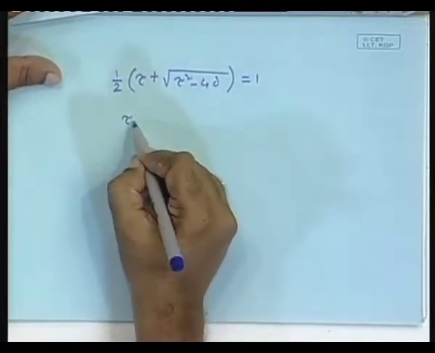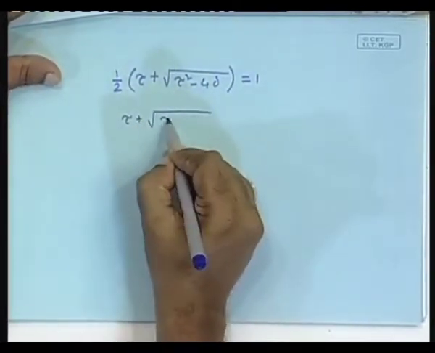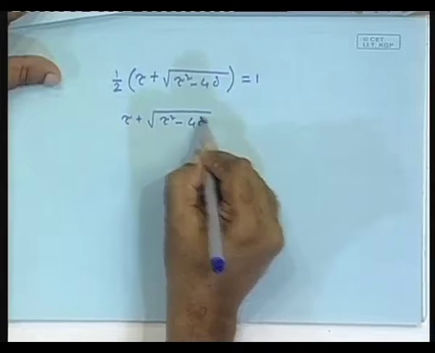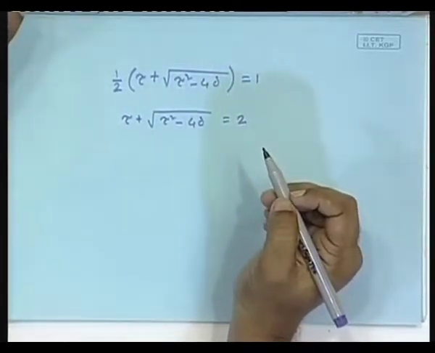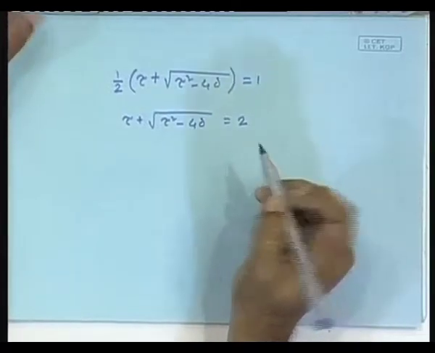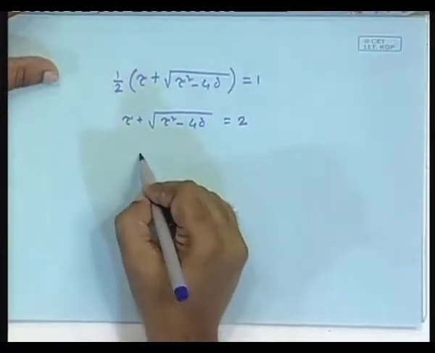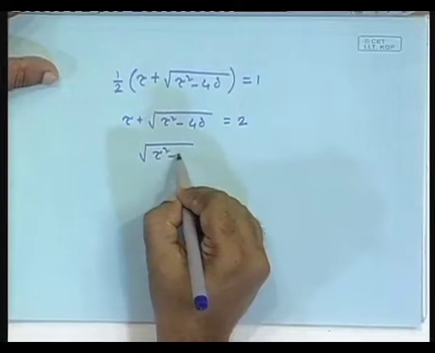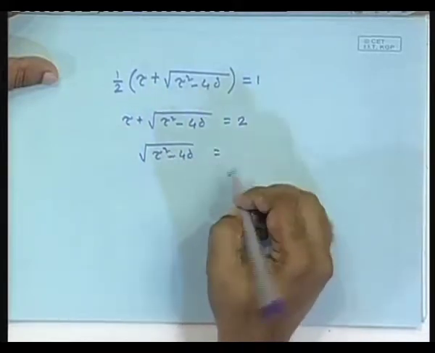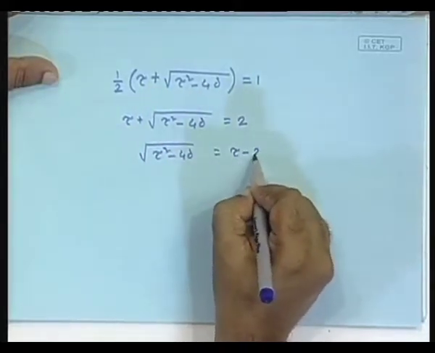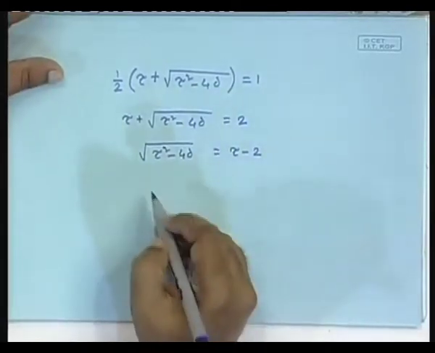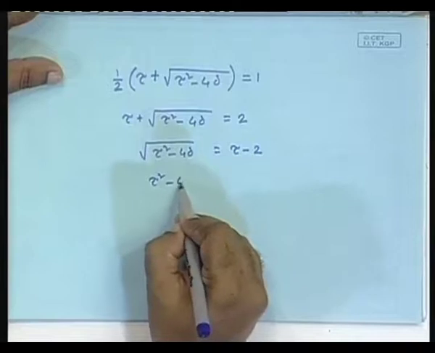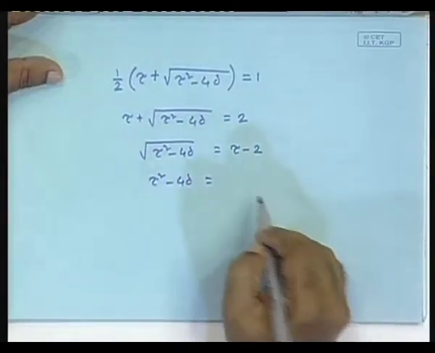So, tau plus root over tau square minus 4 delta is equal to 2, right. So, root over tau square minus 4 delta is equal to tau minus 2. So, tau square minus 4 delta is equal to